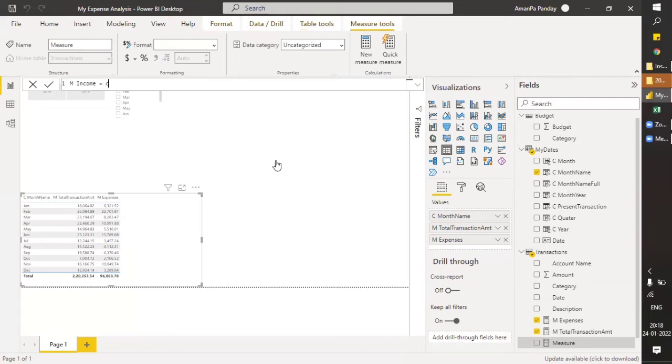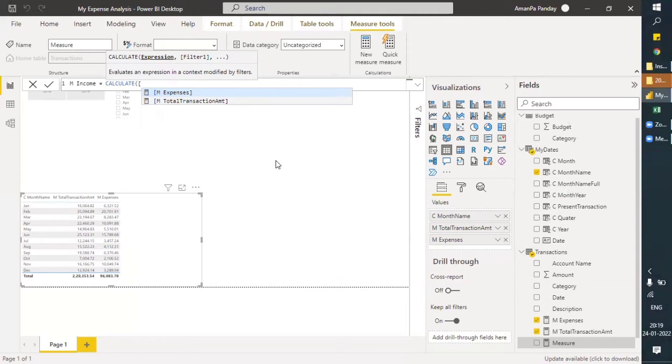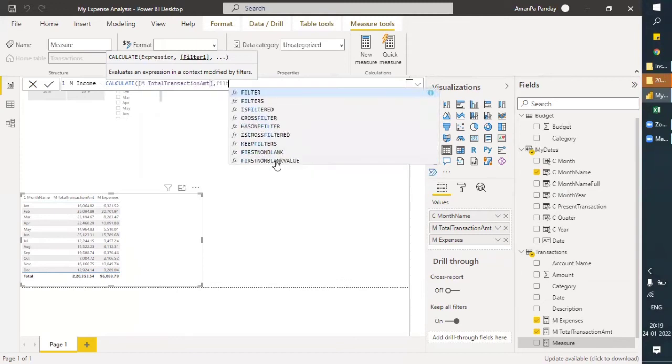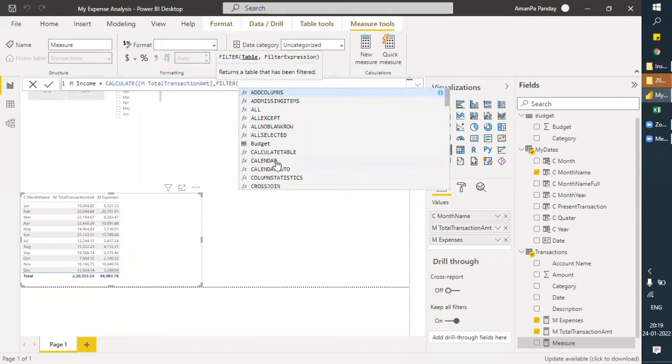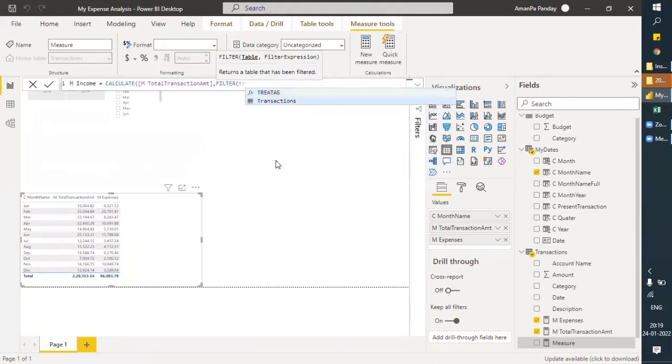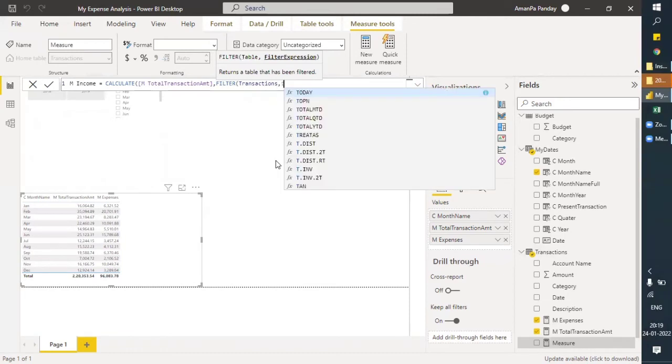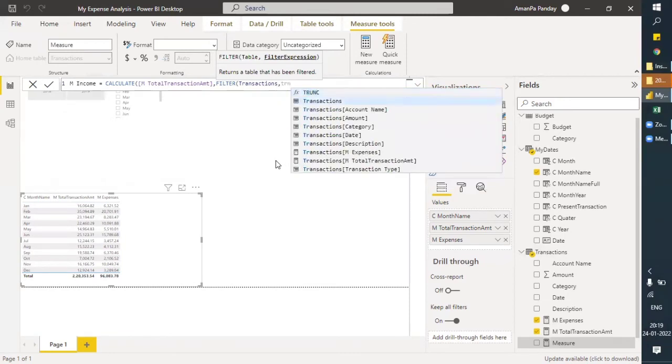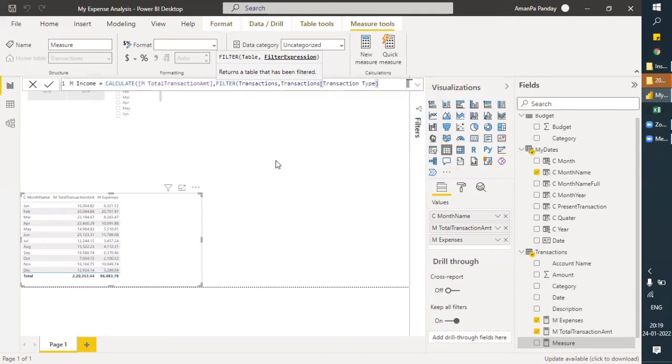Income equals to, now again the CALCULATE function, and we'll be using our same DAX for the total, comma, and the same filter, just a replica of what we did earlier for the expenses, comma transaction, and transaction type equals to double quote credit.